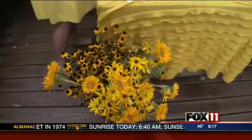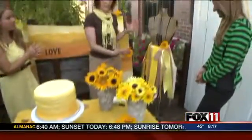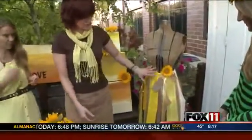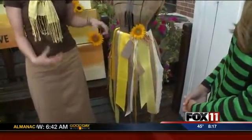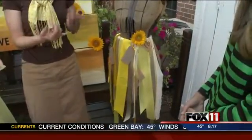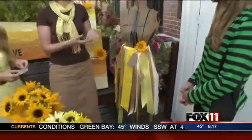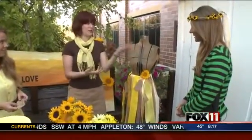And over here on this dress form. Yeah, this is a great way to get your guests to interact at the event. So what we've done here is we've used this dress form, and we've just done different lengths of ribbon to add some color and brightness to things. And then encourage your guests to fill out little tags, little phrases, bits of wedding and marriage advice, well wishes. They can fill them out, tie them onto the form, and then it's something wonderful for Emily and Brian to